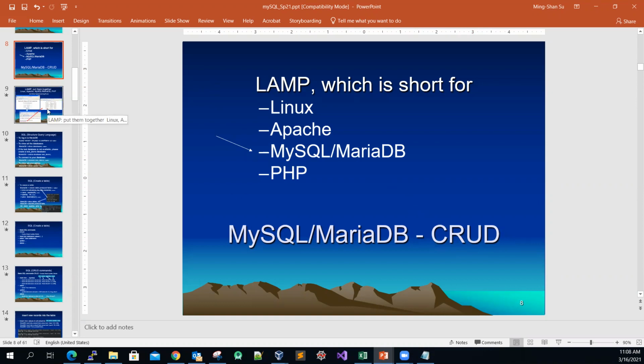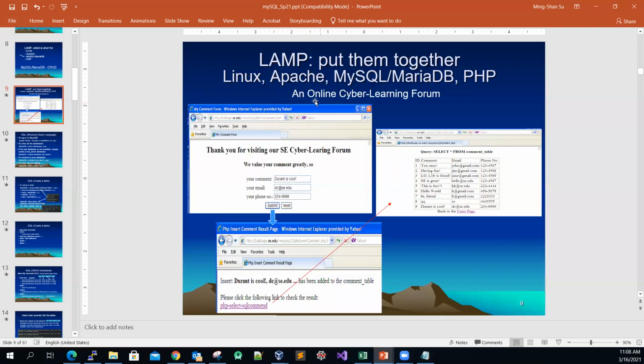And here will be our goal: how to put a LAMP together, Linux, Apache web server, MariaDB database, and PHP, to eventually create some kind of online cyber lending forum application like this. Because if you can show this to your potential employer, then they will definitely know